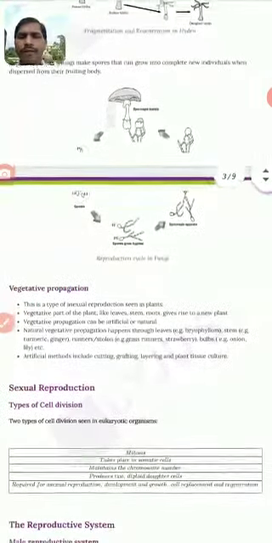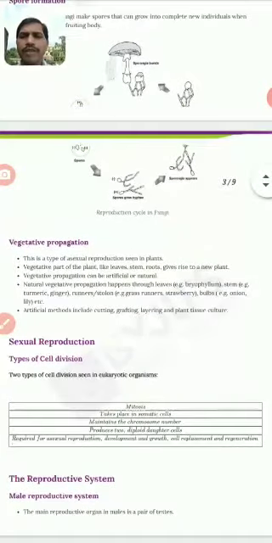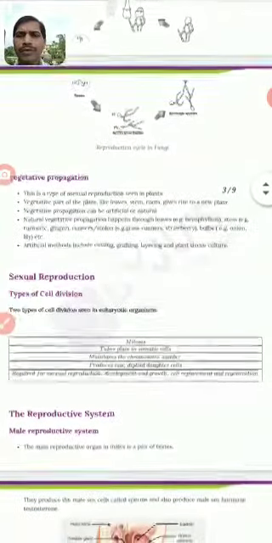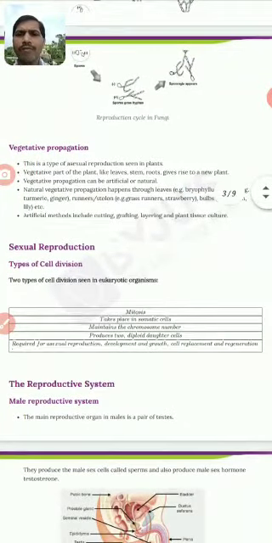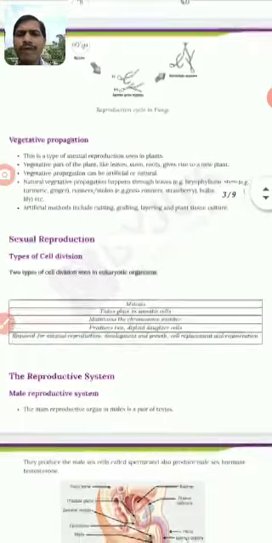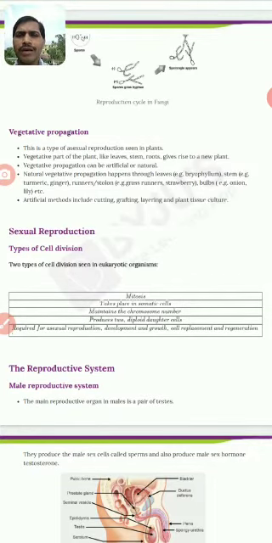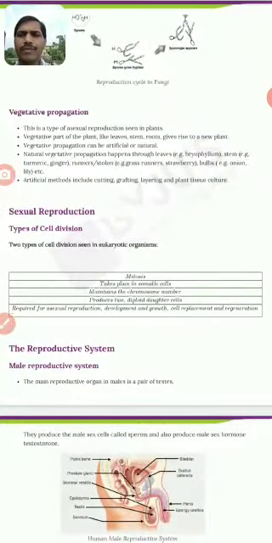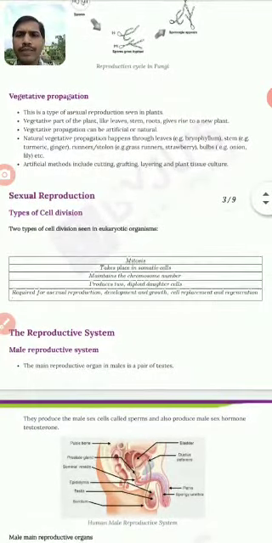The important part of asexual reproduction is vegetative propagation. Vegetative propagation means the parts of the plants are used to produce new individuals, as in the case of bryophyllum, where the leaf of the bryophyllum is capable of producing a new individual. Tuberous roots in potatoes, and modified stems in onions are other examples of vegetative propagation.